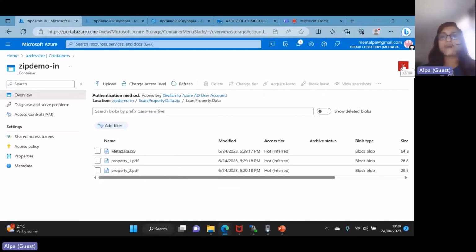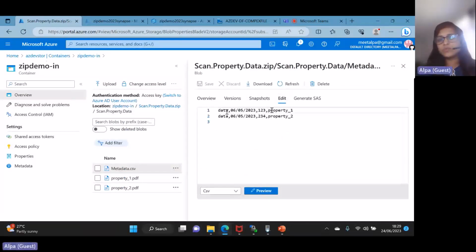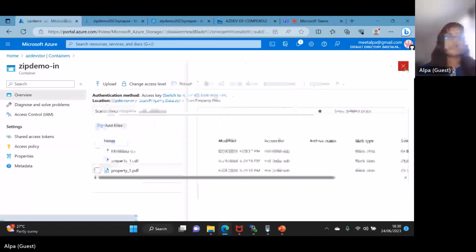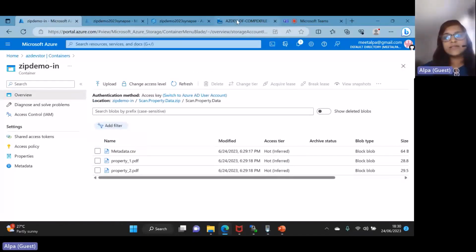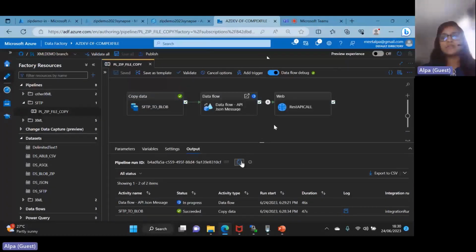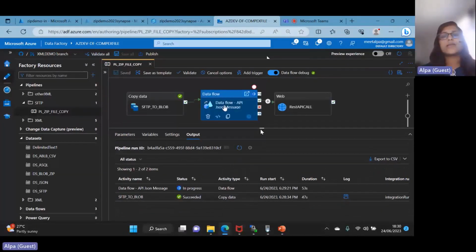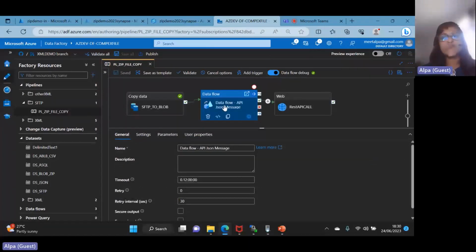So in my single JSON file, I have 2 records with how many fields? Here I have 1, 2, 3, 4 fields, but in the JSON file I have one additional field, which is the content of this file, here as well as for file 2. So this is my source. It's still running, maybe because it's turning on the debugger, the Spark cluster for the data flow. So here I am calling the data flow. Why? If we go here,